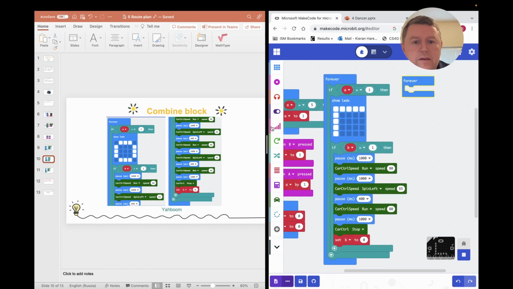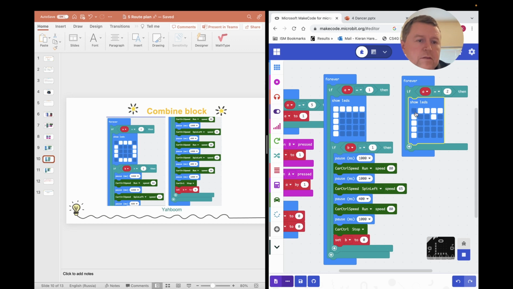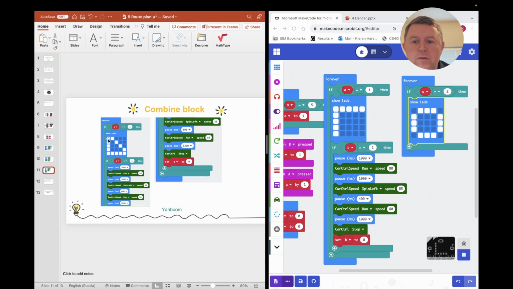And this time you have to use the if statement, and it'll be the same as this, but this time Command C, Command V, and drop it in here. Oh, wrong button. And drop it in here. And this time it should be 2. Okay, so this is like program 2 basically. And we can have the LEDs as well. Command C, Command V. Okay, and we can drop that in. And this one is like a circle, so we can drop that in there. So this will be program 2, and then of course there's another one, program 3, where it's like a triangle